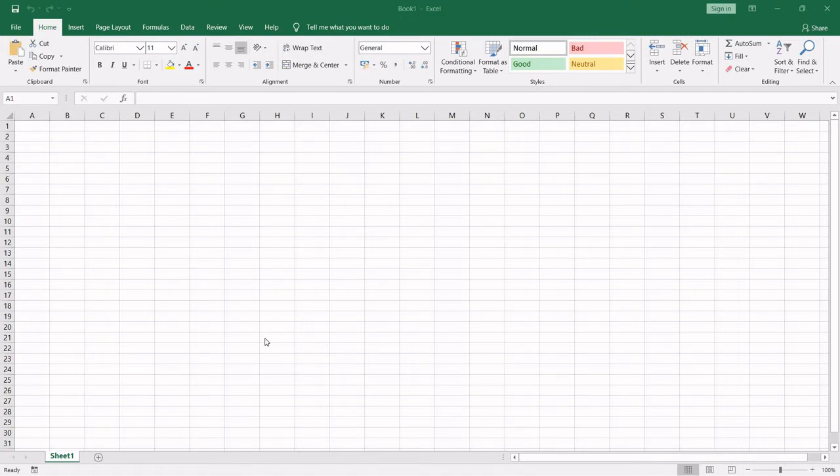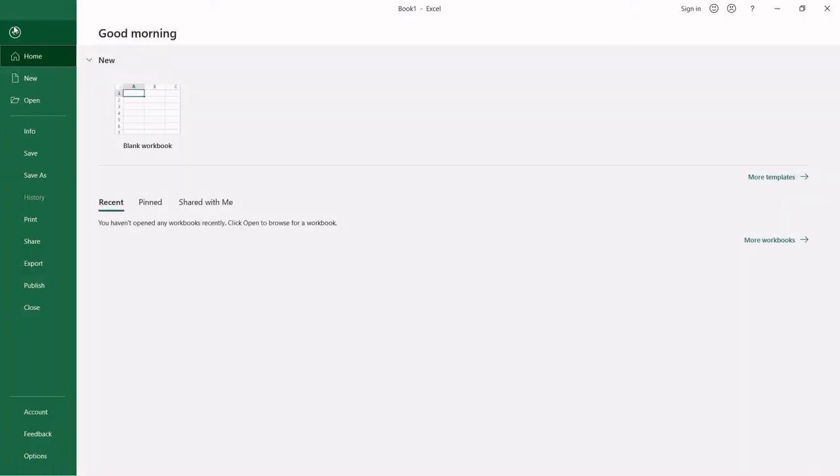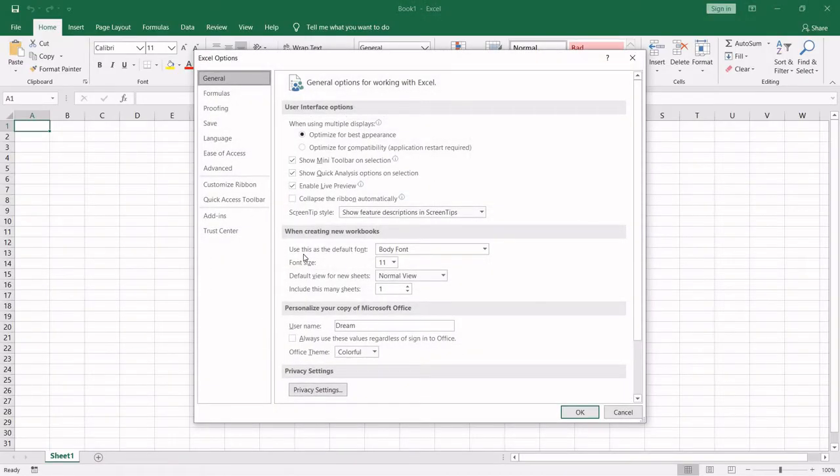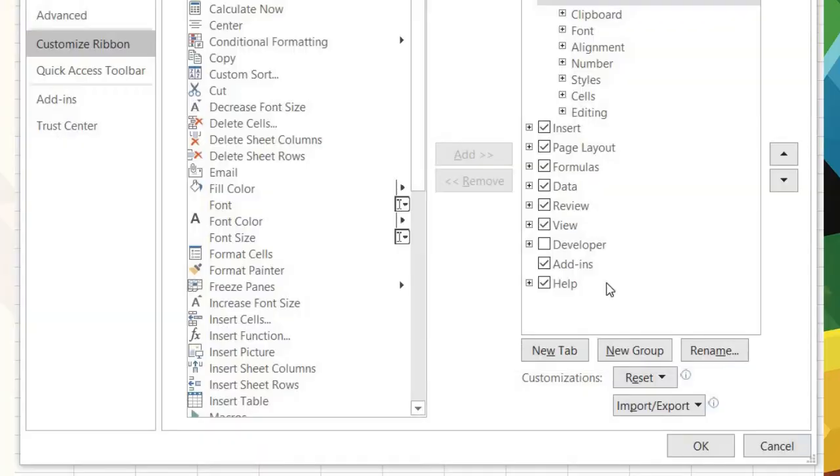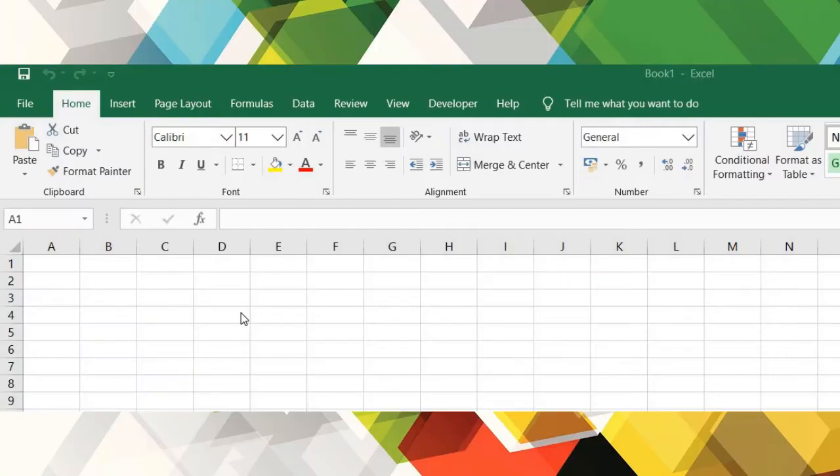So let's get into the action now. Open the Excel application. You should see a tab called Developer. If you are not seeing that, please do the following steps. Even I am not seeing that. Go to the File menu, go to Options. Select the Customize Ribbon button. Click on the Developer checkbox. Click on OK and come out of the screen. You will be able to see the Developer tab now.